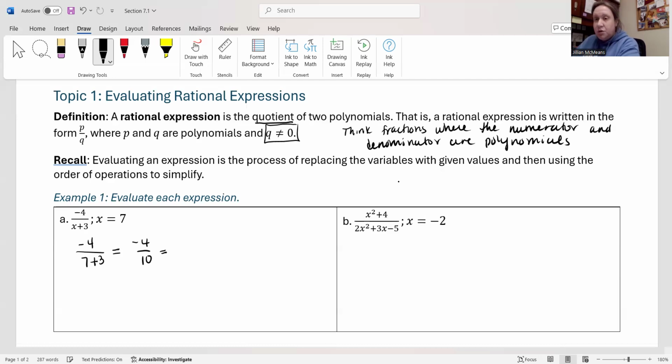And then you do want to reduce your fraction. You want to simplify your fraction. We'll talk more about simplifying rational expressions in a bit, and before we do that, we're definitely going to remind ourselves of simplifying just fractions. Basically, you want to divide out any common factor between the top and the bottom. I know that -4 and 10 are both divisible by 2, so I would divide both by 2. And that gives me -2